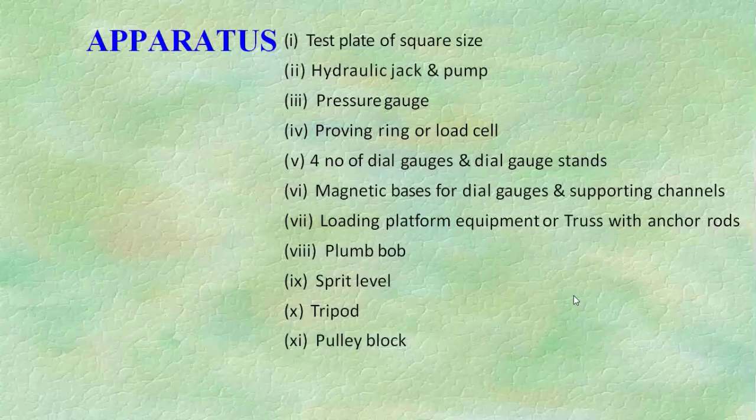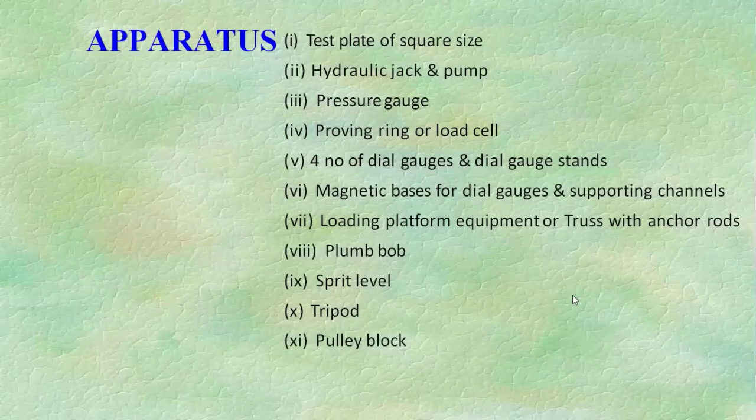Three other mild steel plates of the same thickness, having diameters of 60.96 centimeter, 45.75 centimeter and 30.48 centimeter, are used as stiffeners. The main plate is in contact with the subgrade soil. The remaining plates are placed over it. Stacking of the plates is useful to avoid bending of the main plate during the loading.